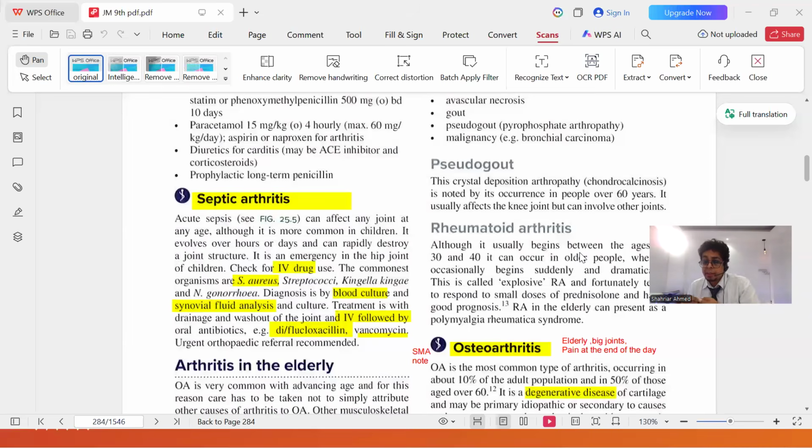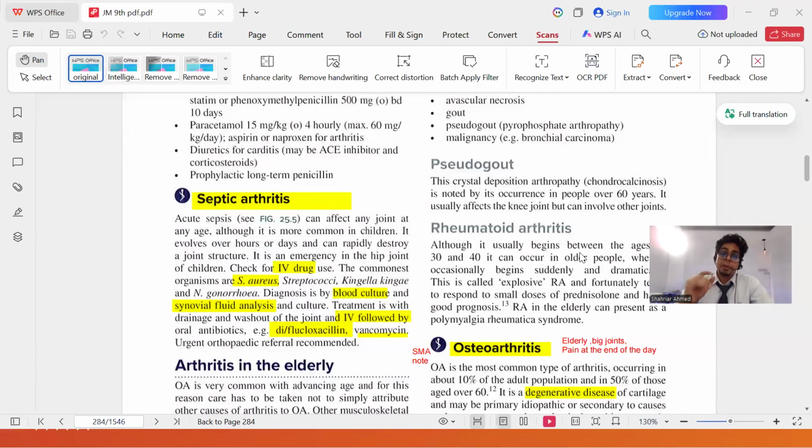Septic arthritis can be an entry point, then the infection can come into the blood and spread widely through the body, and can even become dangerous sepsis. Is it possible for septic arthritis to turn into sepsis? Yes, it can be very dangerous. Even a simple UTI can turn into sepsis. We have seen many cases in our life of recurrent UTI, then the infection spread widely, antibiotics didn't work, DIC, patient gone. So even with septic arthritis, be careful, because the joint can be damaged or sepsis can happen.